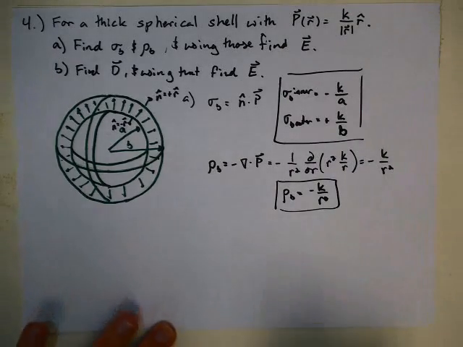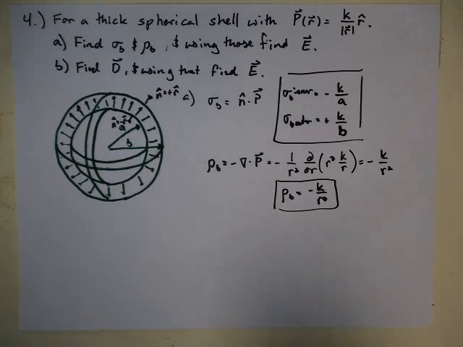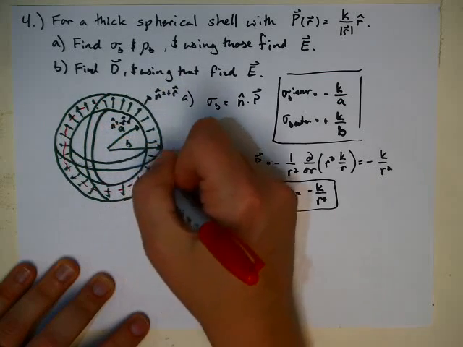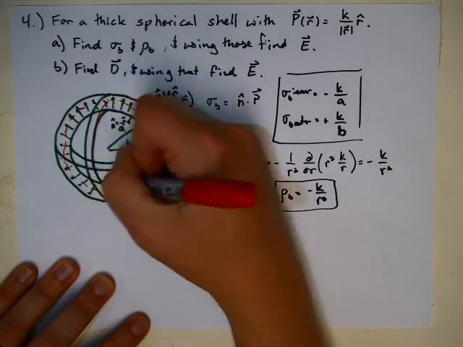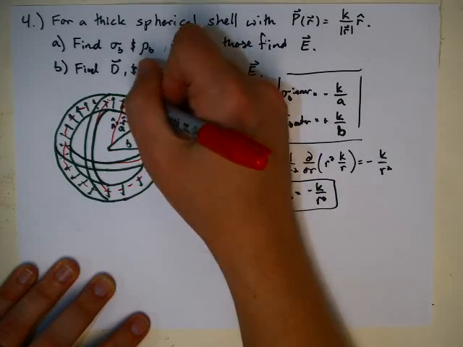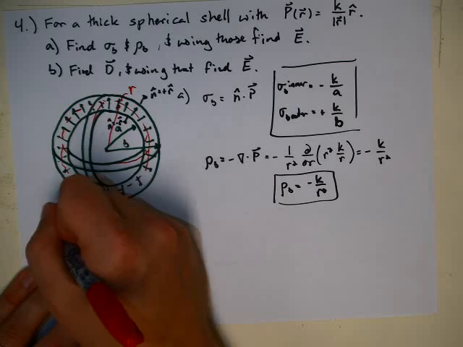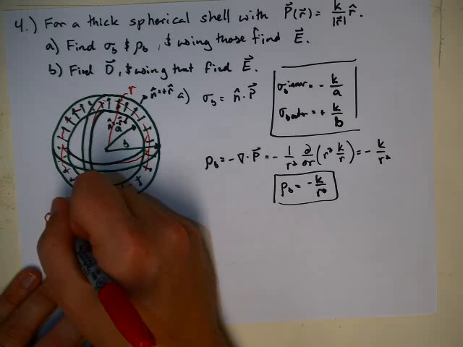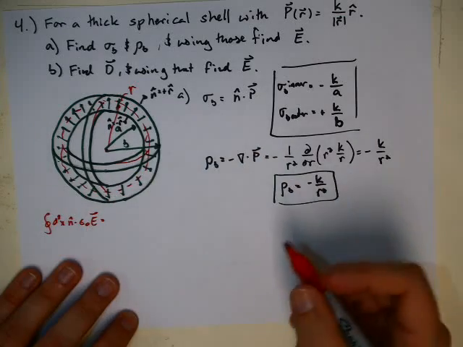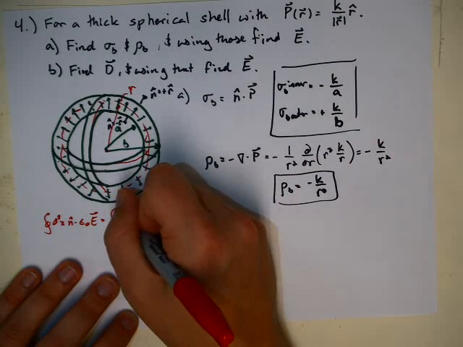Now, in order to find the electric field using these, we're going to use Gauss's law because we have a spherically symmetric charge distribution. So Gauss's law states that we draw a Gaussian surface that is a sphere, a spherical Gaussian surface. We're going to say that our Gaussian surface has radius little r, and then we're going to use the expression for Gauss's law, which is the flux through the surface, the integral d2x n hat dot epsilon naught E, is equal to the charge enclosed, and for that it's the integral d3x